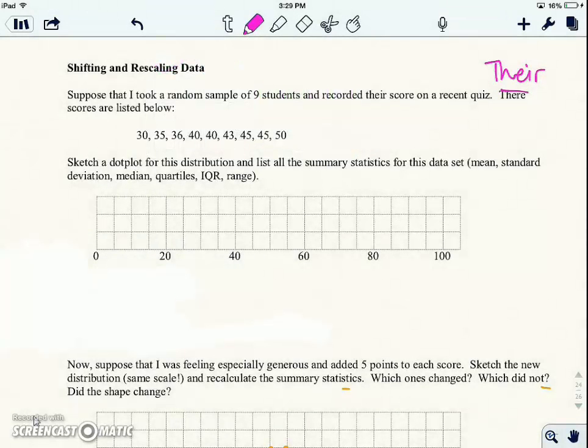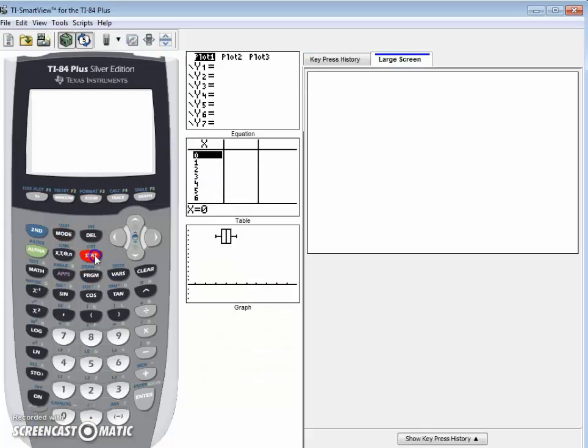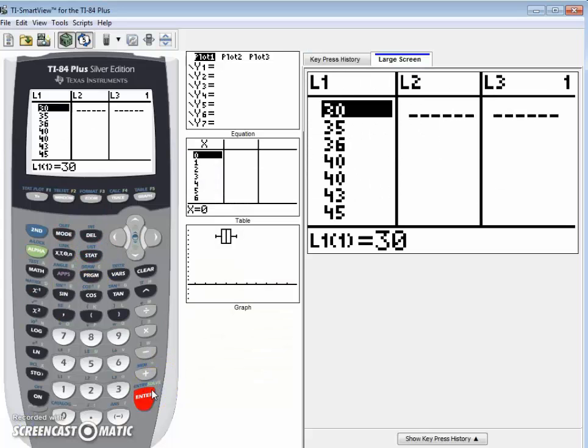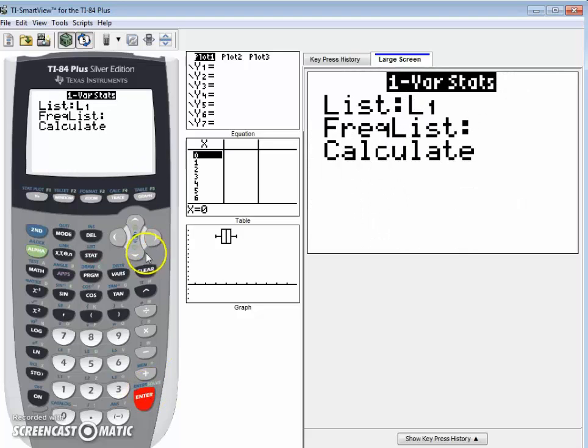So we have 1 at 30, 1 at 35, 1 at 36. So that's my distribution. Then I could find the summary statistics by hand, but I'm entirely too lazy for that, so let me get to my calculator. I'll just go to Stat, Edit, and in List 1, I've put all my data. Then I can go to Stat, Calculate, One-Variable Stats for List 1,